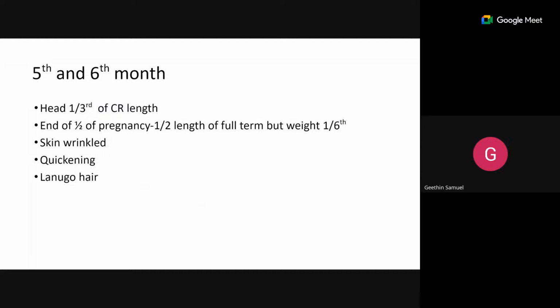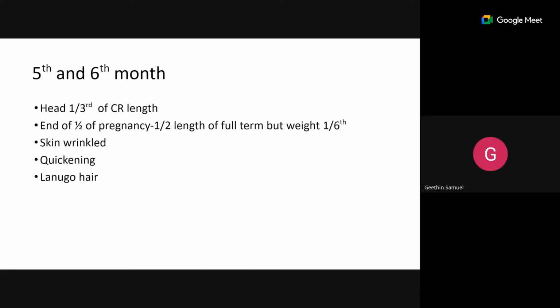So what happens in the 5th and 6th month? We have seen that it is half the size in the 3rd month. Now it has come to the 1/3. The head circumference has come to the 1/3 size of the crown rump length. By the end of the half of pregnancy, it will become half the length of the full term, but its weight is only 1/6. That means at the end of the half of the pregnancy, the length of the fetus is half